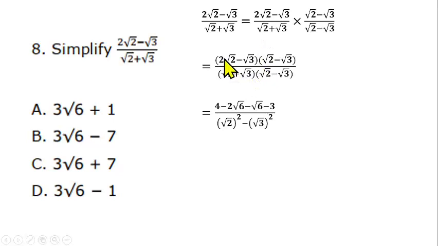So like I said, √2 times √2 gives us 2, and 2 times 2 gives us 4. Then 2√2 times minus √3 gives us minus 2√6. Then minus √3 times √2 gives us minus √6. Then minus √3 times minus √3 gives us a